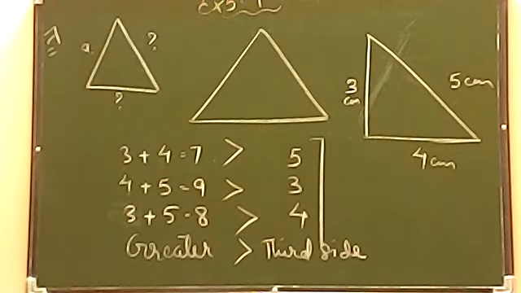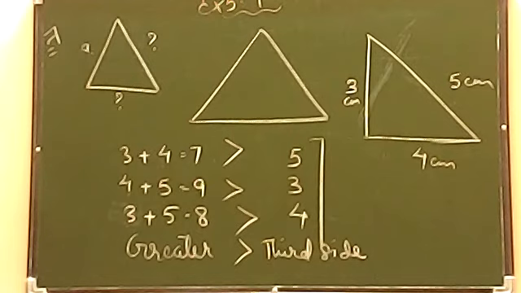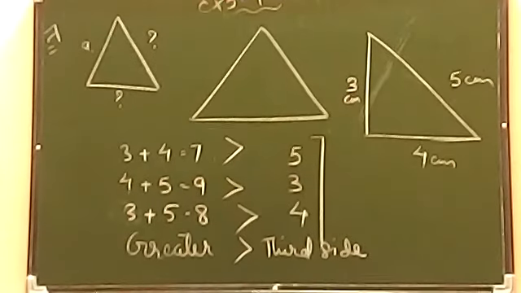Okay, so keep in your mind you have to draw any 5 triangles. After drawing 5 triangles you have to measure the length of each side of the triangle. After that you have to check that in each case the sum of the lengths of 2 sides is coming greater than the third side or coming lesser than the third side. So do this question in a proper way. This exercise is completed, beta.